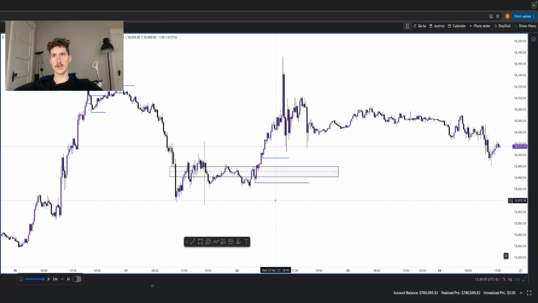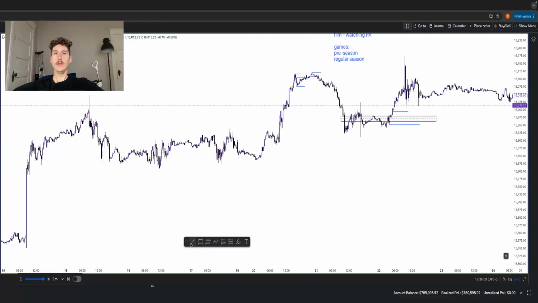Then with market structure, right? We're going to be using our bars to make confirmations like this, right? And drawing our swings. If you'd like, you can use then your boxes. I also recommend using path tools. I really like using the path tool for things like this. It helps me